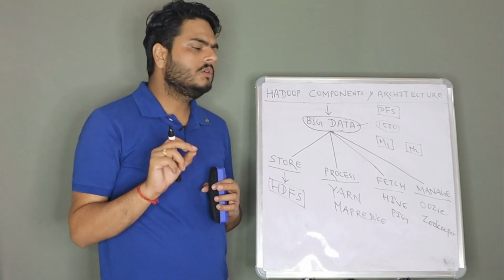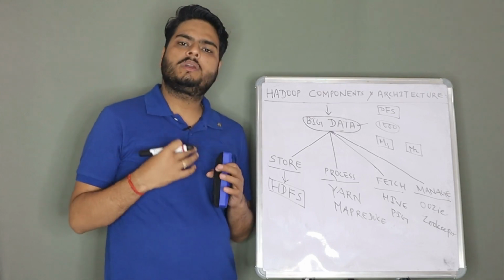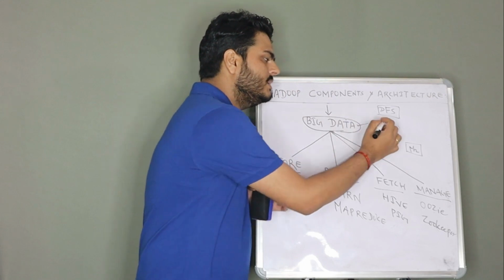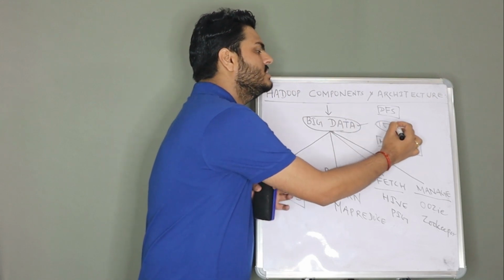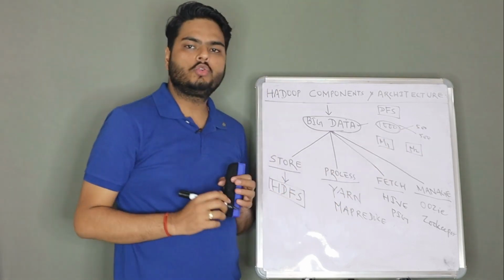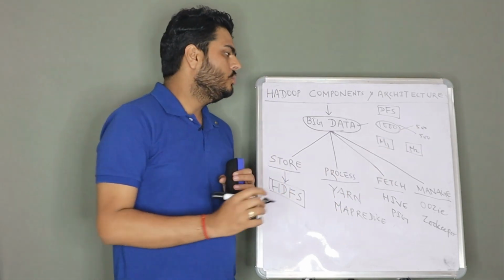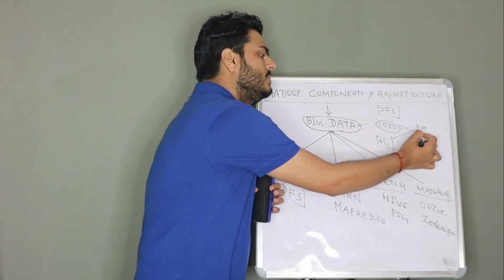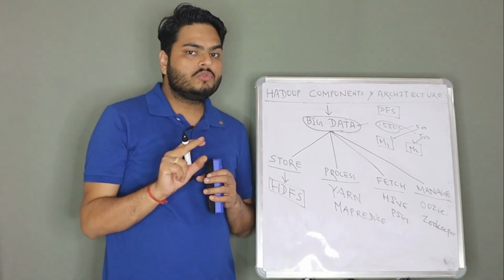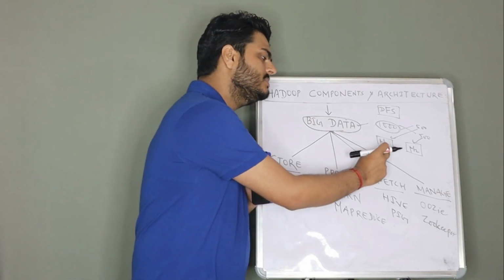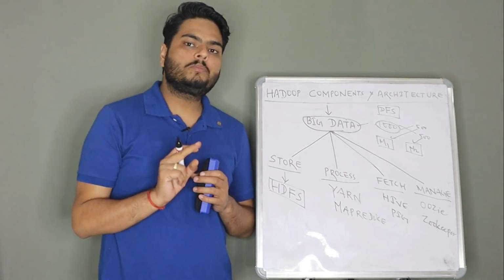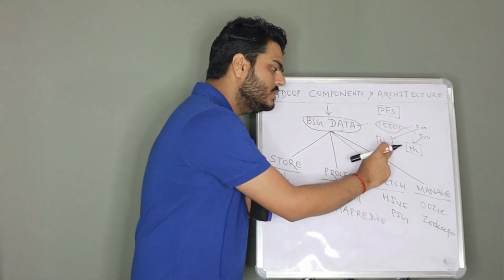So how a distributed file system typically works is the file will be converted into data blocks. So these 1000 records will be converted into 500 and 500, two blocks of data. One block gets stored here and one block gets stored here. So we are using the storage power of both the machines, and tomorrow if we want to do some processing, we will use the processing power of both the machines also.